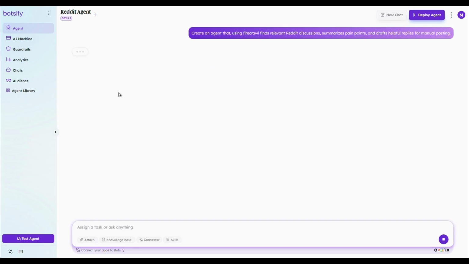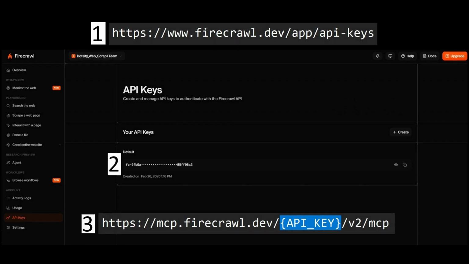Give the bot the following prompt that has been used, or adjust as per your requirements, in order to get access to the Firecrawl web scraper. First, visit the website shown